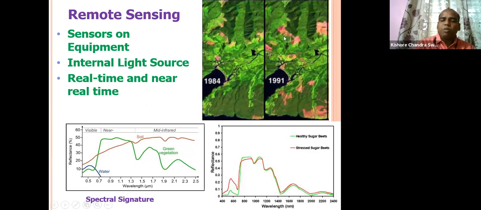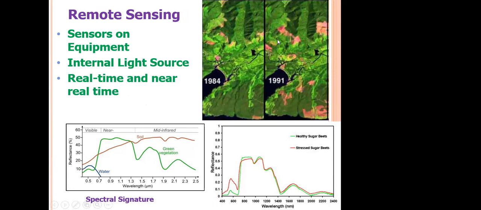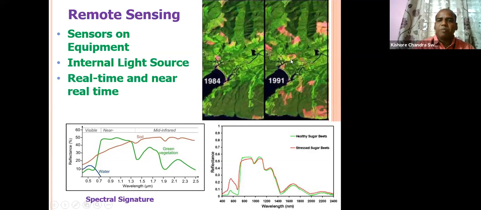So with this we can exactly find out the different changes, different land use and land cover changes. We can map them using remote sensing. So it is very helpful. And particularly if you go to agriculture, then we have these